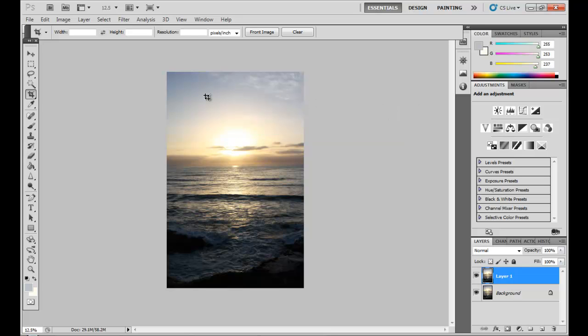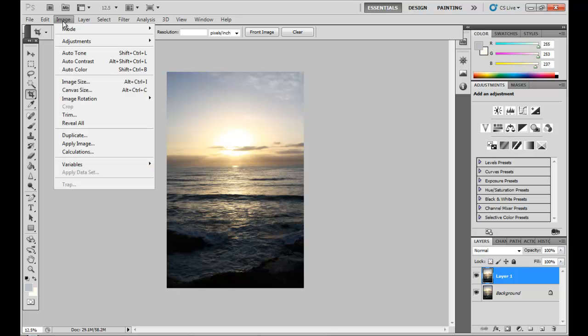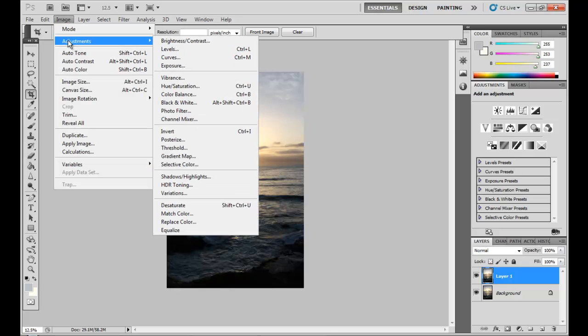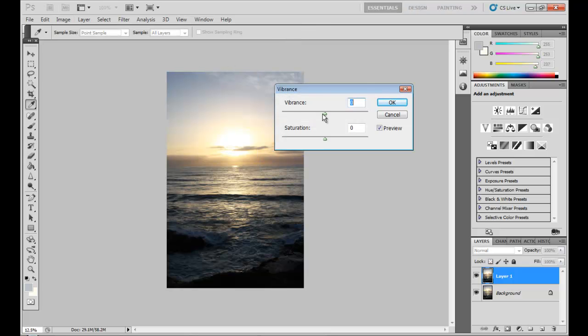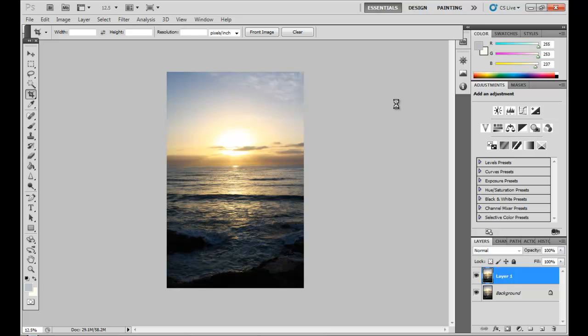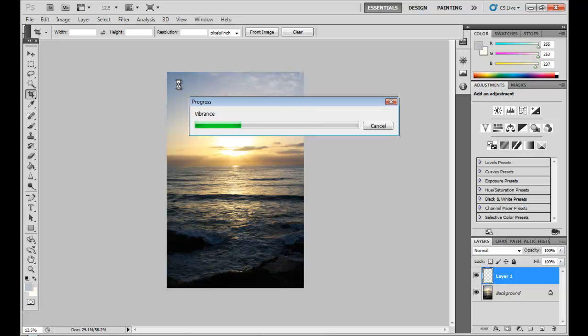Now we want to work on color correction by adjusting color and tones, as well as removing any color cast within the photo. Go up to the Image menu, Adjustments, and click on Vibrance, which will bring up sliders for vibrance and saturation. Move the sliders to change the photograph, and click OK. Subsequently, go to the Image menu after the Vibrance progress has finished,